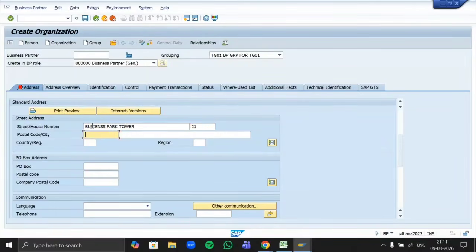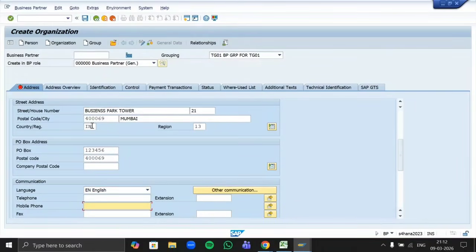Number, house number 21, postal code, let's use 40069. City, it's Mumbai. Country, India. Region will be 13, that is for Maharashtra. PO box number, any random 6-digit numbers. Postal code 4000069. Mention your language as in English.